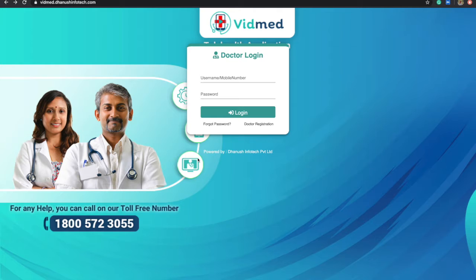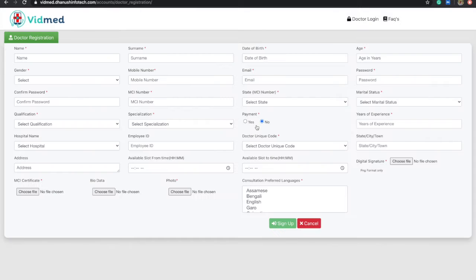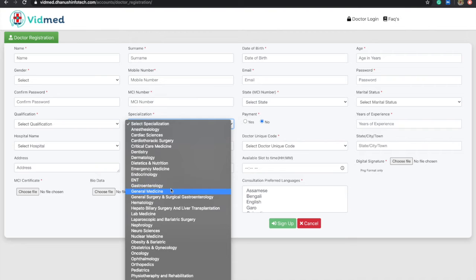For the first time, the doctor needs to get registered onto our platform by clicking on this doctor registration button. Here, we require all the basic details from the doctor, such as name, date of birth, age, gender, mobile number, etc. Also, the doctor can add his qualification from the drop down, and also add the specialization from